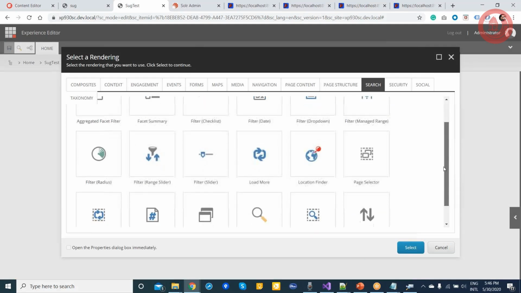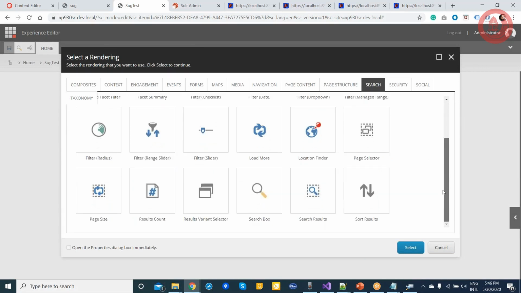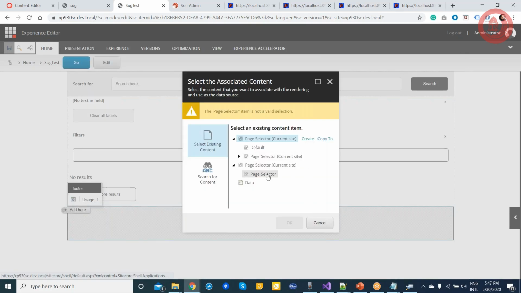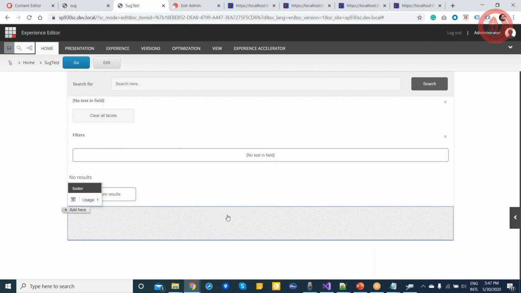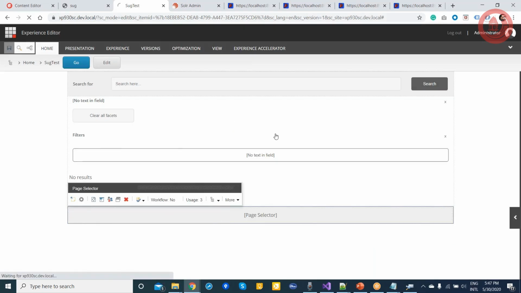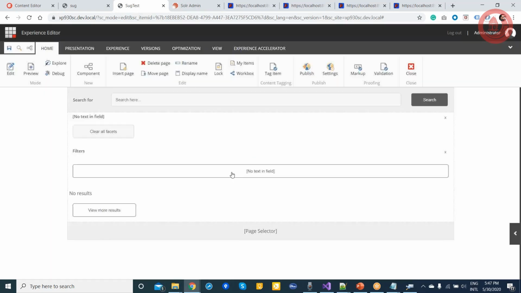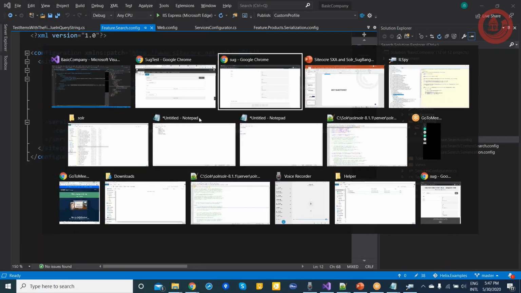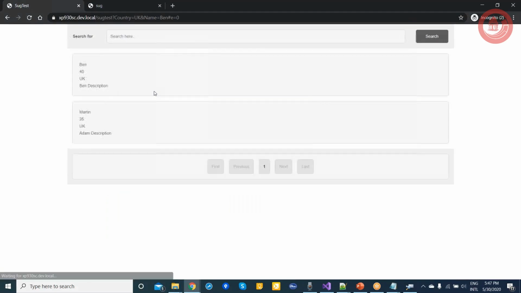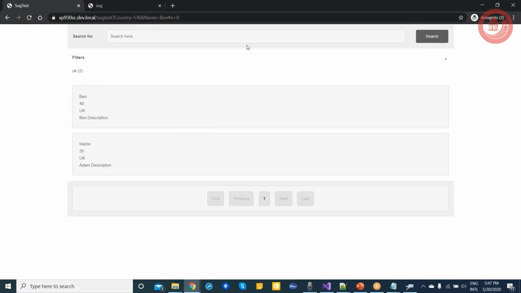Maybe this was one of. No, there should be a page selector. Page selector, I think. Yeah, beside location finder. Just one more row above and on the right side, in the corner. Right? Yeah. If I put this one, yep, you can see, this is again out of the box.